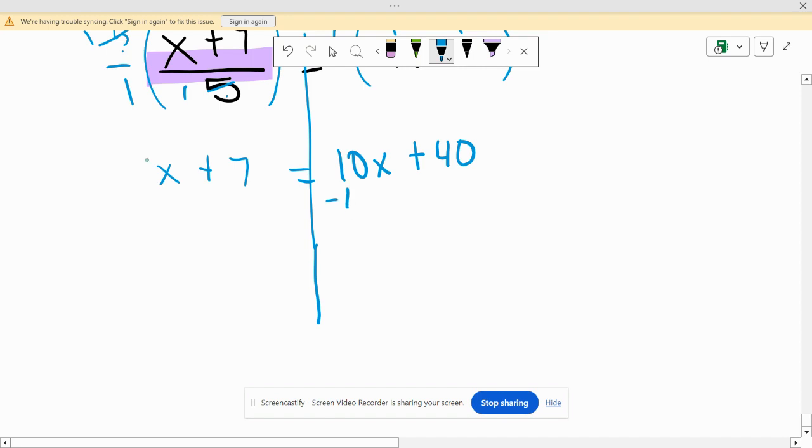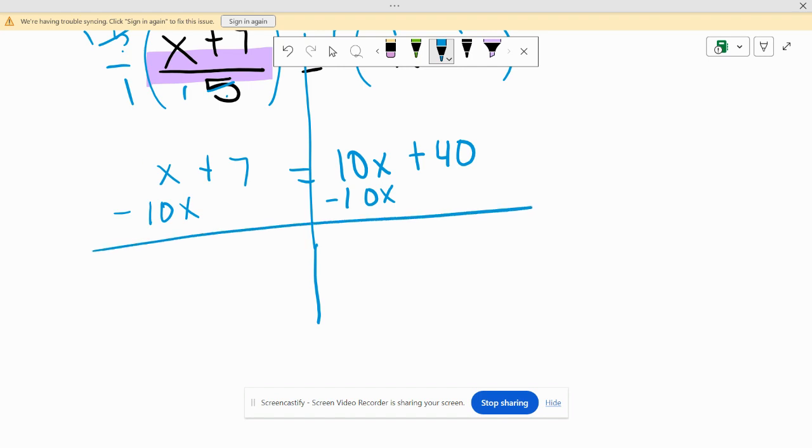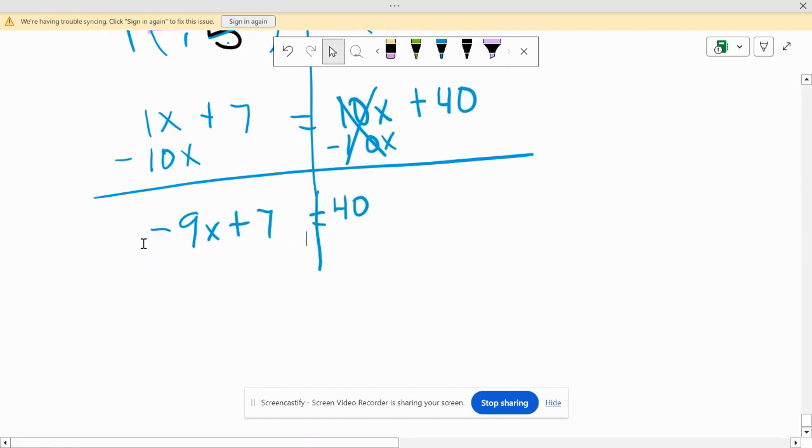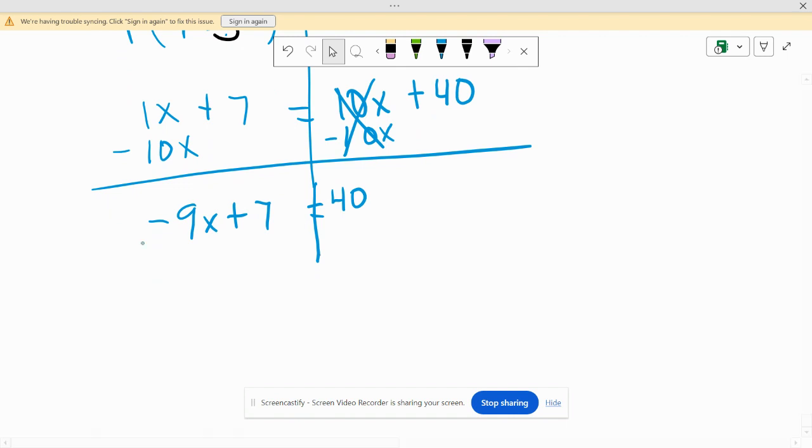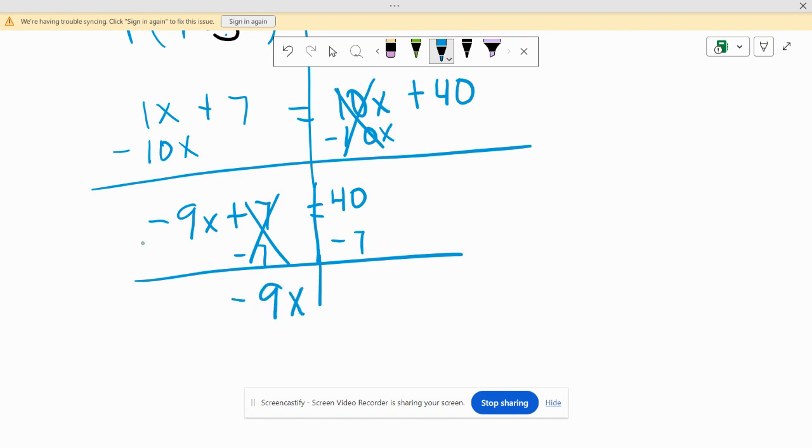Okay, so again, I subtracted x first last time. I'll subtract 10x here, even though I'm going to end up with a negative variable. But I'll solve this for the folks who like to have the variable on the left side. So this is going to be eliminated down to 0, and I'm left with 40. And then this x, remember, x is 1x. So 1x minus 10x would be negative 9x plus 7 equals 40. Now I've got this nice little two-step equation, so I am going to subtract 7 from each side, and I'm left with negative 9x equals